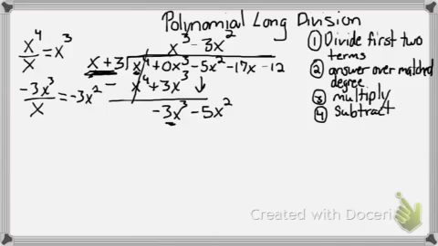and multiply. When I multiply negative 3x squared times x, I get negative 3x cubed, and negative 3x squared times 3 gives me negative 9x squared. Then I'll subtract,